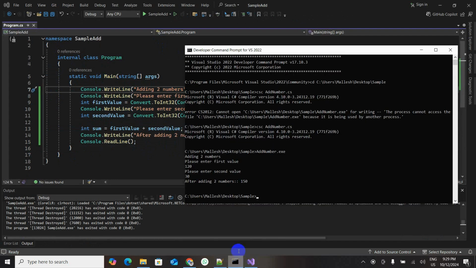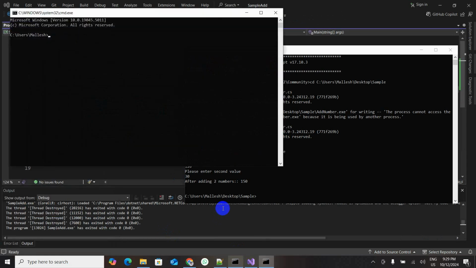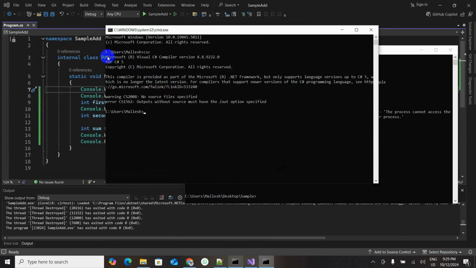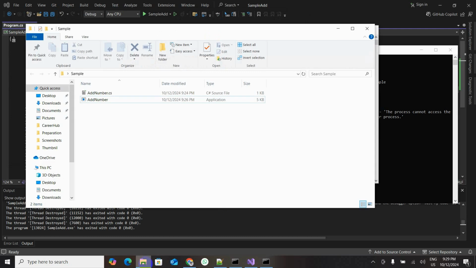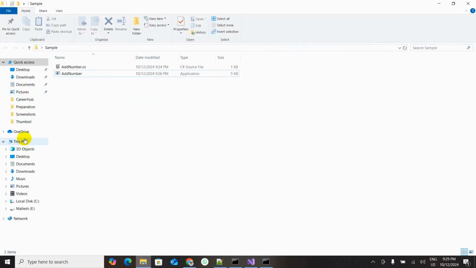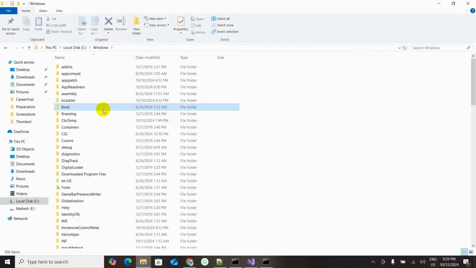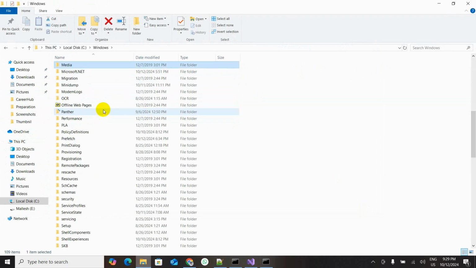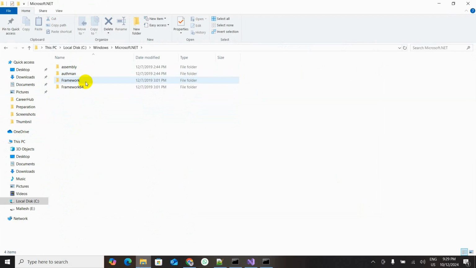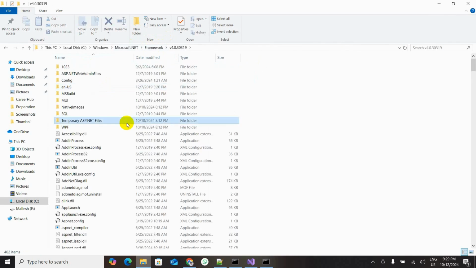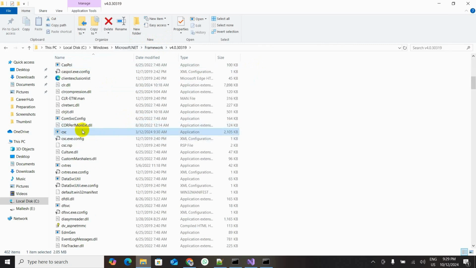But if you are unable to see the CSC when you use CMD, what do we need to do? If you are not getting this kind of prompt, you have to do one kind of setting. So you have to go to C drive, Windows, Microsoft. Here you can select a folder called Framework. In that you have multiple files, right? Just check where you are able to see the csc.exe file. If you are able to see this file, just copy the path and open the